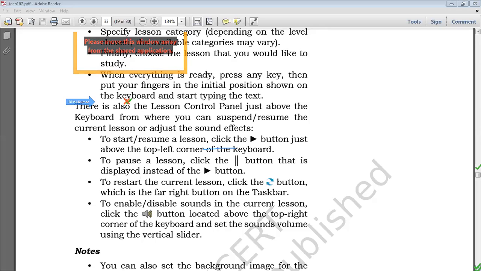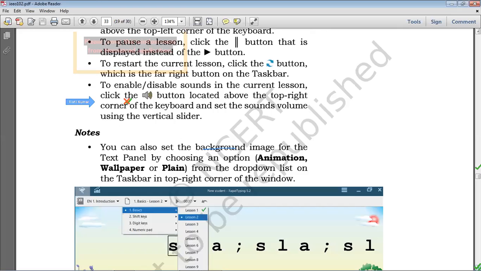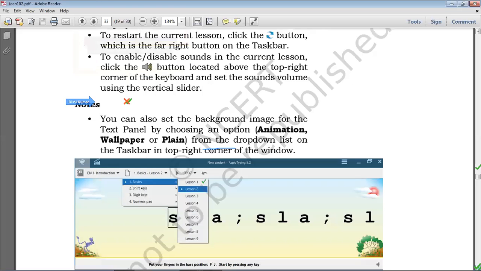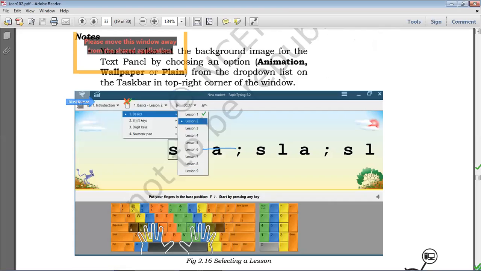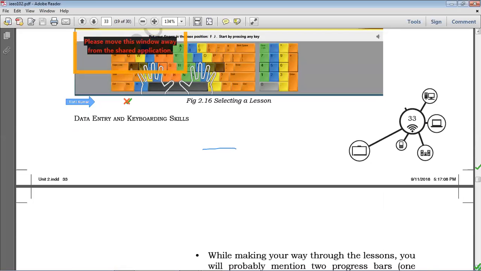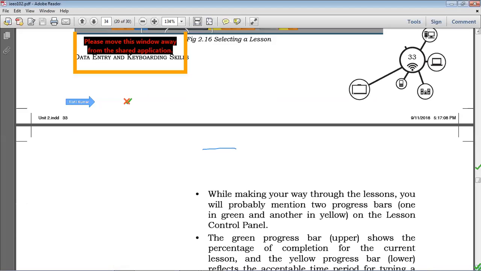You can also set the background image for the text panel by choosing an option. You can use any image in the background. Okay. These are the general features of this software. After downloading this software, you can use all the features. This is the rapid typing software.